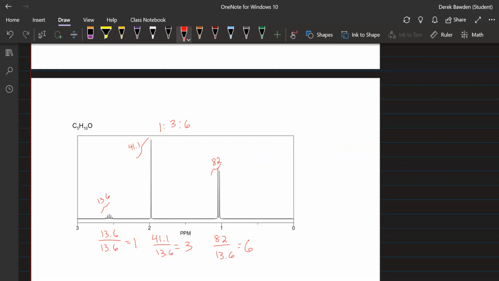Now we need to look at how many neighbors these are all going to have. Let's start on the right side here. We know this peak has 6 hydrogens. And because there's 2 peaks, we do our N minus 1 rule, which gives us 1 neighbor. So 6 hydrogens with 1 neighbor. Here we know we have 3 hydrogens. 1 peak means that there are 0 neighbors. And then on this one,